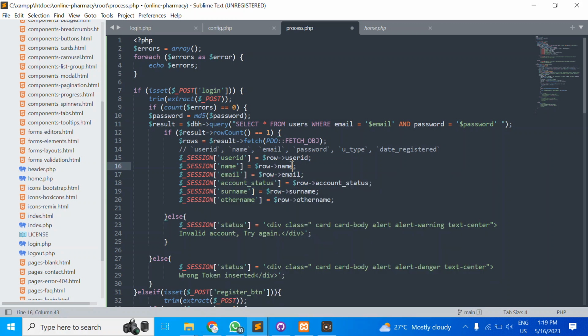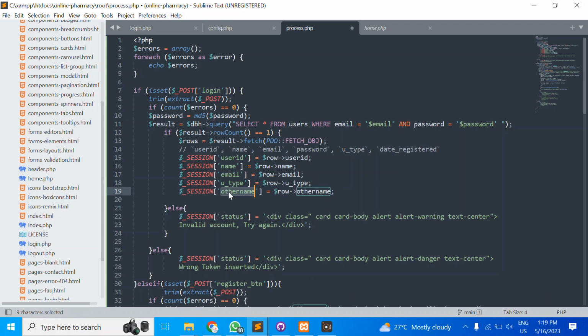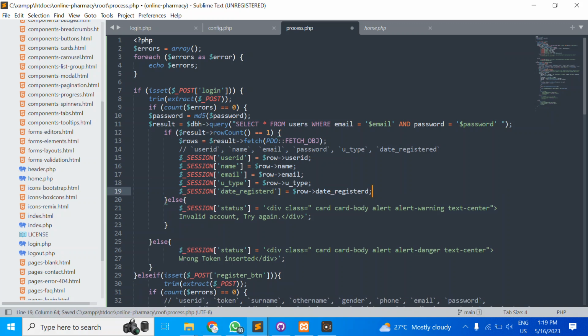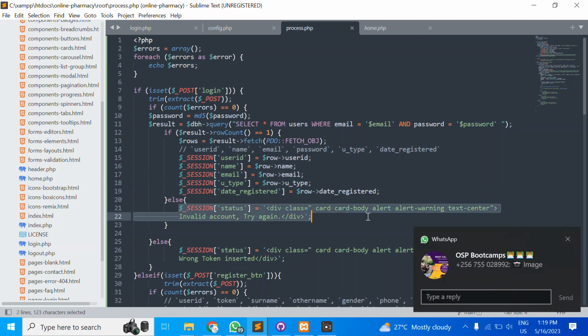This can be email, user type. This can be date what? So here it also tracks status, that maybe try again if it is not correct. Otherwise, when it is correct,